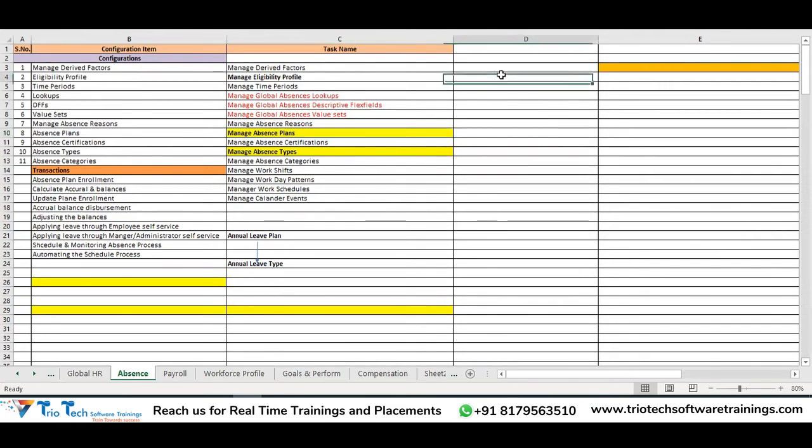So whatever leaves our client has given as part of the requirement, the leaves I'm going to provide to my client's employees, for all those leaves we have to create leave plans. For each leave, we have to create the plan. And then you have to create the type. But before introducing to you what a plan is and what a type is, first I will put forward some real-time requirements, team, which I personally received as part of my absence implementation experience. Let me give you some real-time